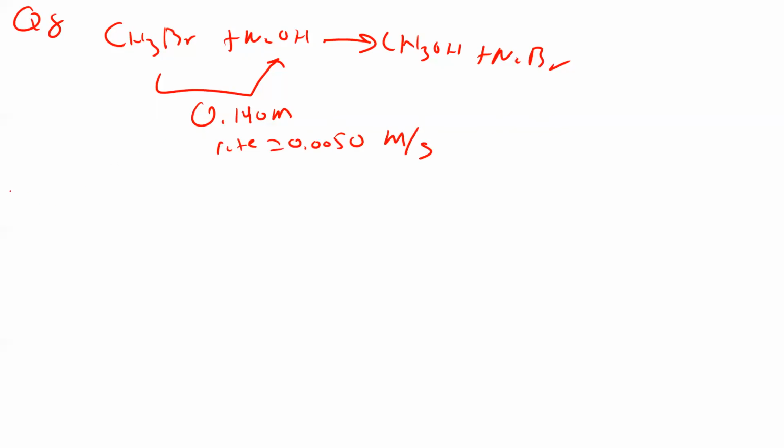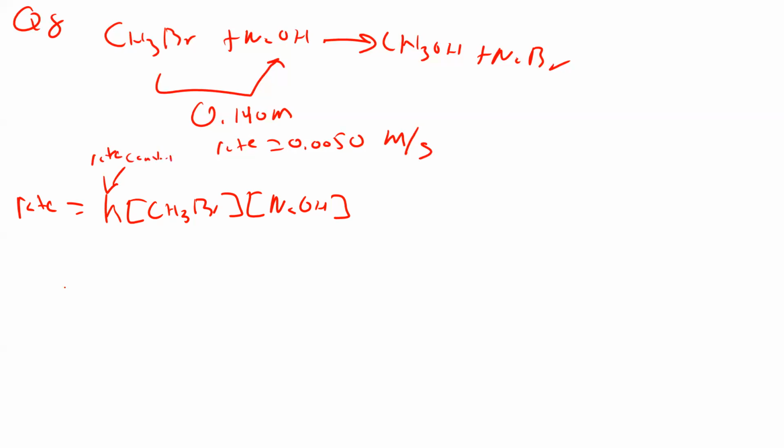So the rate equals K times the concentration of this stuff times the concentration of sodium hydroxide. And they give us the rate. So they want us to find the rate constant K. So this is your rate constant. So the rate over this stuff equals K. So that's 5 divided by